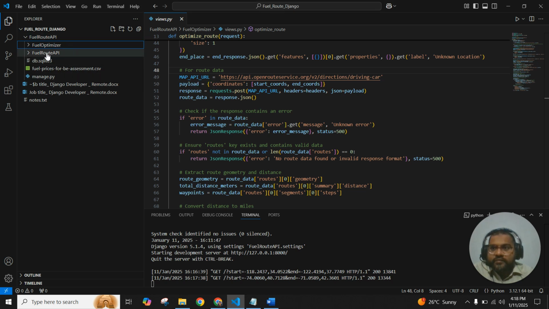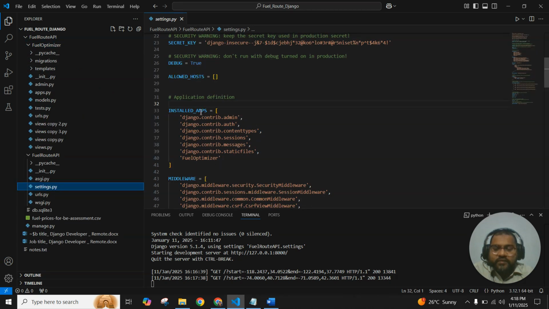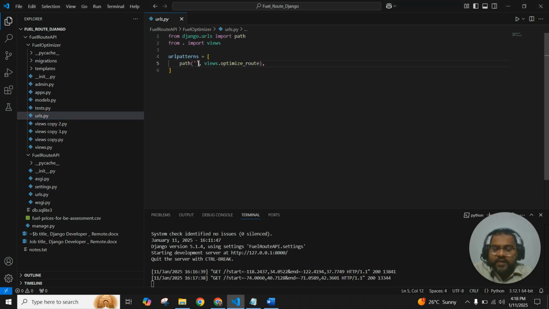So first of all, I created a project known as Fuel Route API and an application known as Fuel Optimizer. Now in settings.py, I have mentioned the name of my app, which is Fuel Optimizer, and in this folder I have only included the route of the Fuel Optimizer app, nothing else. The main work which I have done is in the Fuel Optimizer application folder. So in the URL, the default path is the home page,